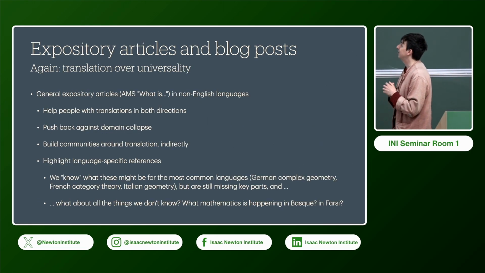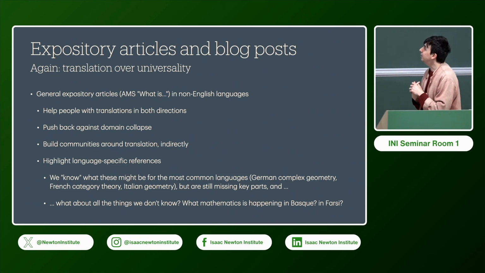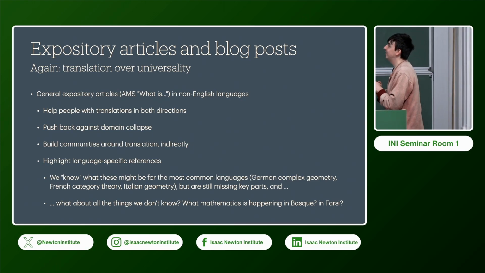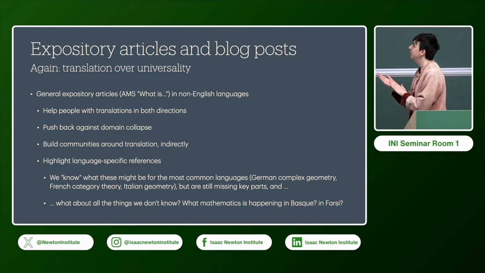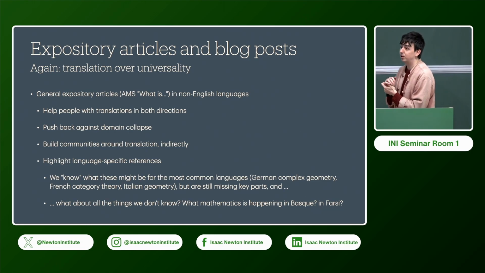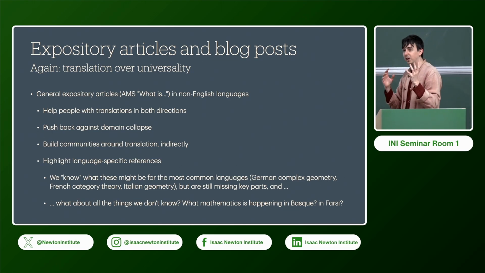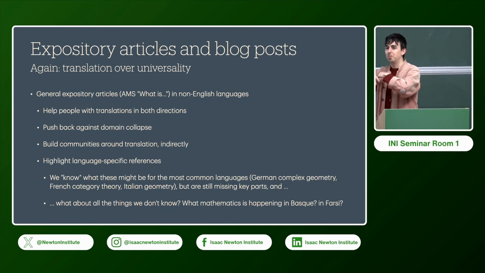Something else I would love to see, again emphasizing that I just want there to be more stuff to translate, not less, is a little online community where people are writing maths in languages other than English. This is very useful if you want to learn the language, if you want to translate from the language, and if you want to translate to the language. So it'd be very cool to build this community, like a multilingual blog that publishes these sorts of "what if" AMS-style things.